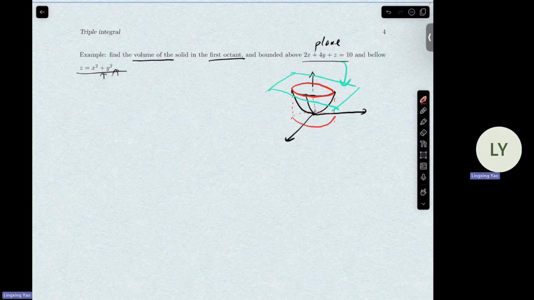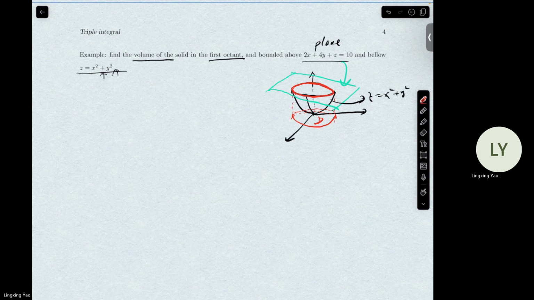All right, so we've got to figure out what they are for the projection. So this domain D is the projection of this whole volume. And how do we find the projection? Well, things are tricky, but we've got to figure it out. So first of all, we do know this surface, not the plane, but this lower surface, is indeed z equals x squared plus y squared. And at the top is the plane. So I guess we need to find the intersection of this plane and this paraboloid, which is